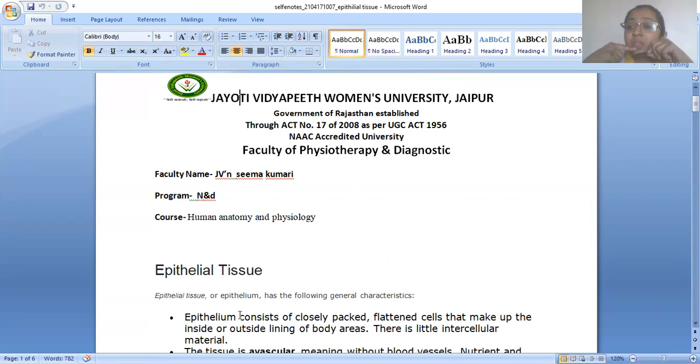In the next class we will start studying the systems, like the nervous system, musculoskeletal system, or cardiovascular system. And for that we will again start from the basics. Like if we start the muscular system, then we will start from the muscular tissue, then its structure, its components, then the contraction of muscles, the metabolism, and everything.